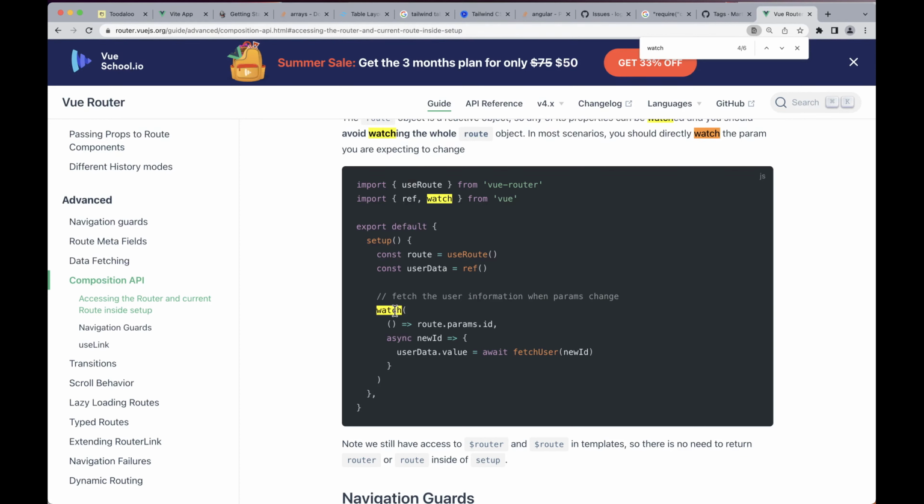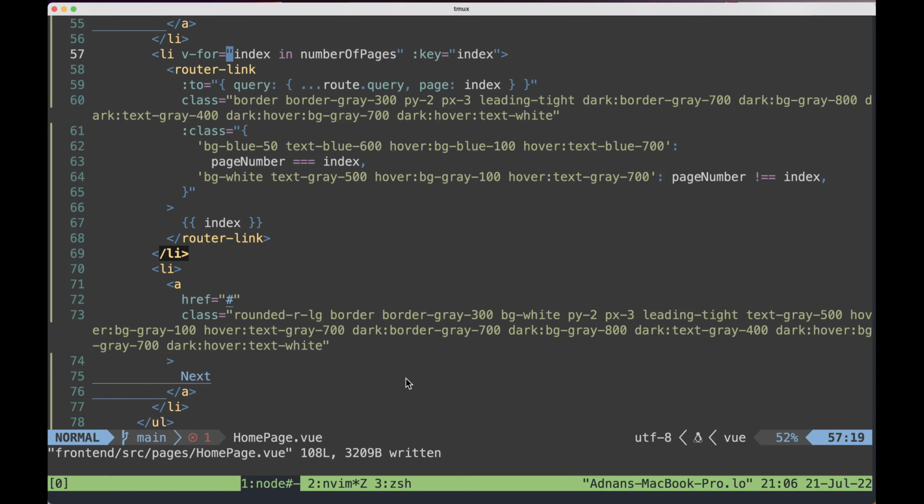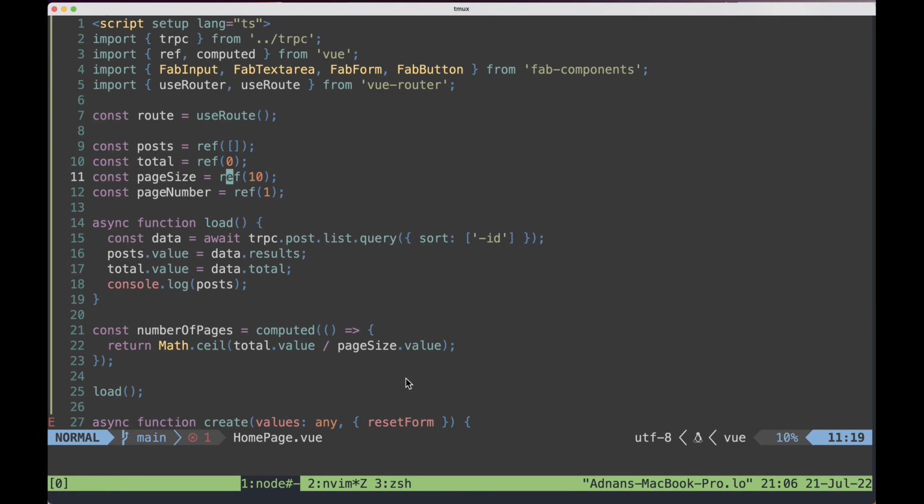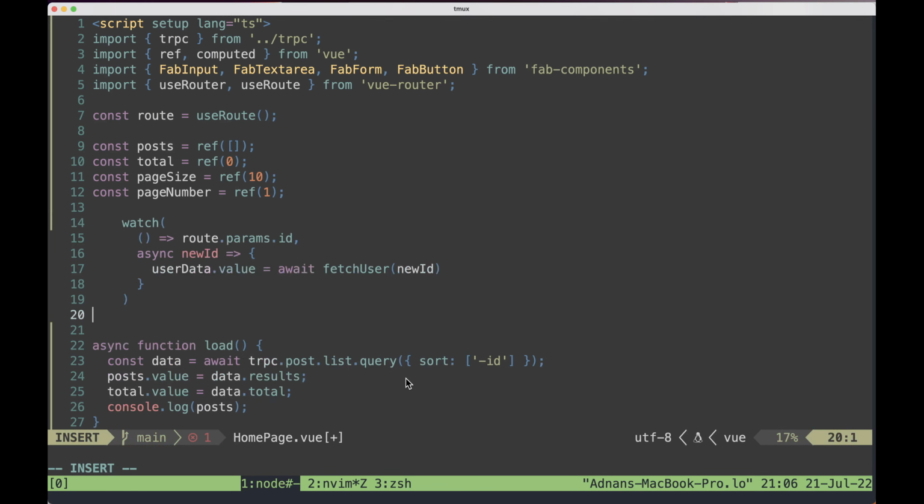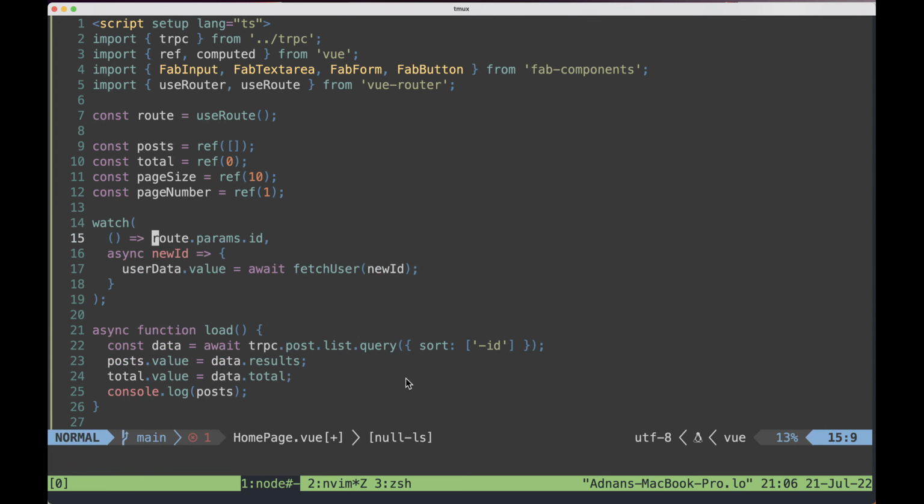Yeah, I should be able to do that, right? So I should be able to do something like this, which is whenever route.params changes, get me the params. And with the new params, I'm going to